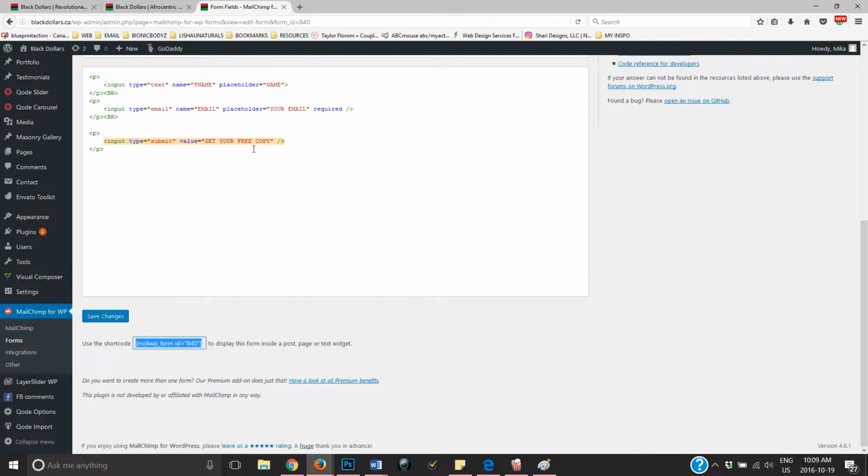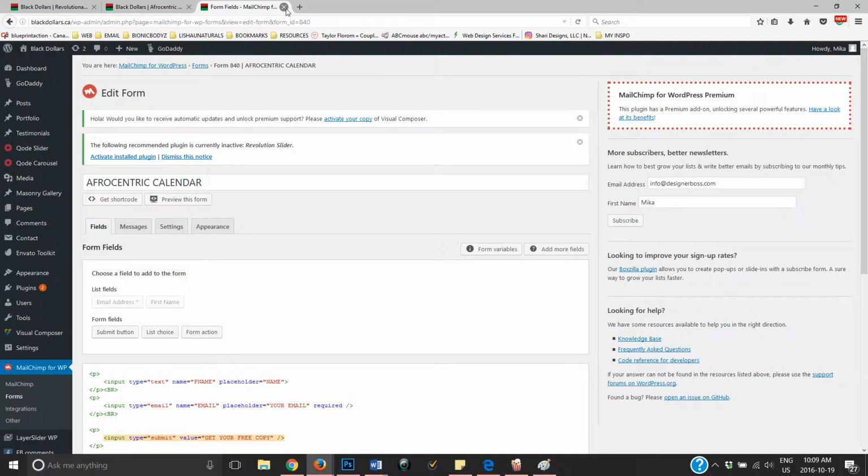So that is where you get the short code from. Now, to create the content and the image and whatever you want for the sidebar. So if you want to add ads for people who want to advertise on your site, or you want to post a picture or a flyer or anything, this is how I did it. So I went to Pages,